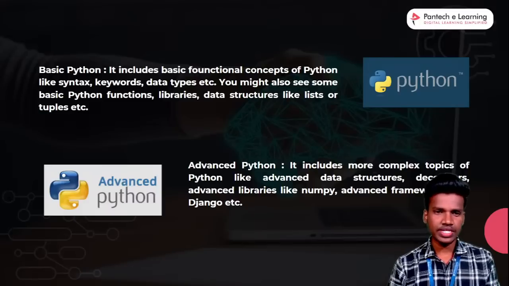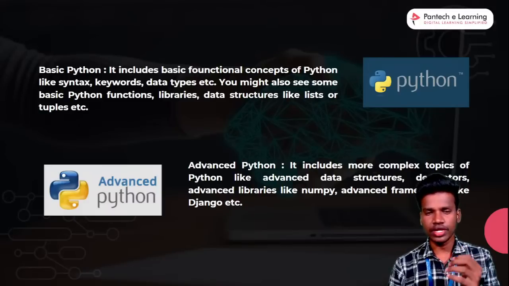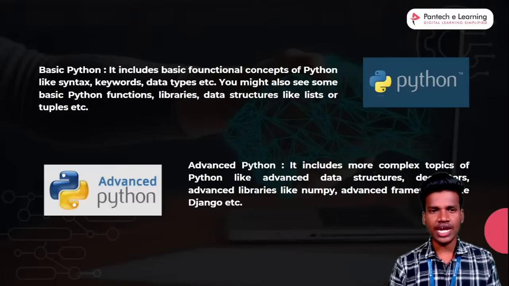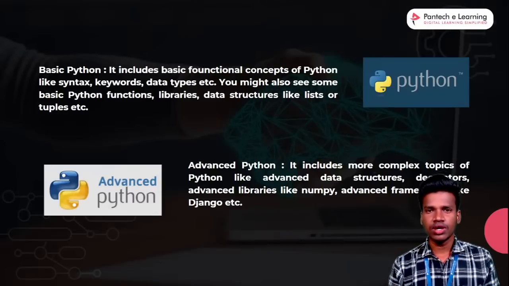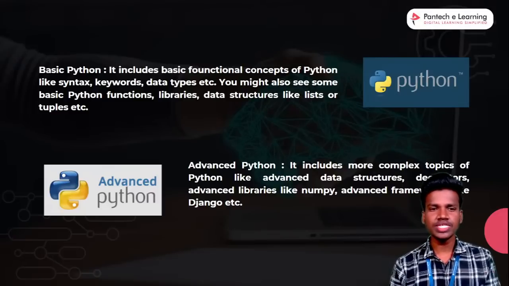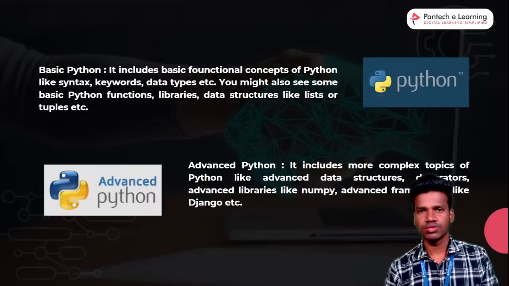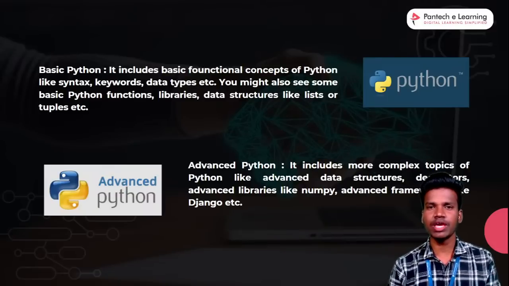Okay. So basic Python includes the basic functional concepts of Python like syntax, keywords, data types, and data structures. Similarly, you might also see some basic libraries like pandas and matplotlib. These are also basic libraries for Python, right?